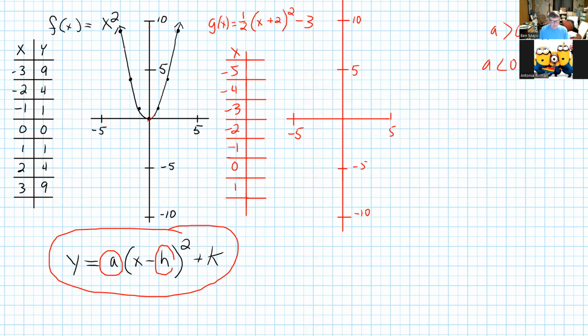Inside, if we have minus some number, so -3, then h is 3, it moves to the right. If we have plus a number, it moves to the left. So it kind of does the inverse of what's going on inside. If k is positive, it moves upward. If k is negative, it moves downward. So here it does what is obvious. So what I like to say is inside inverse, outside obvious. And we'll talk about that. All right, now,